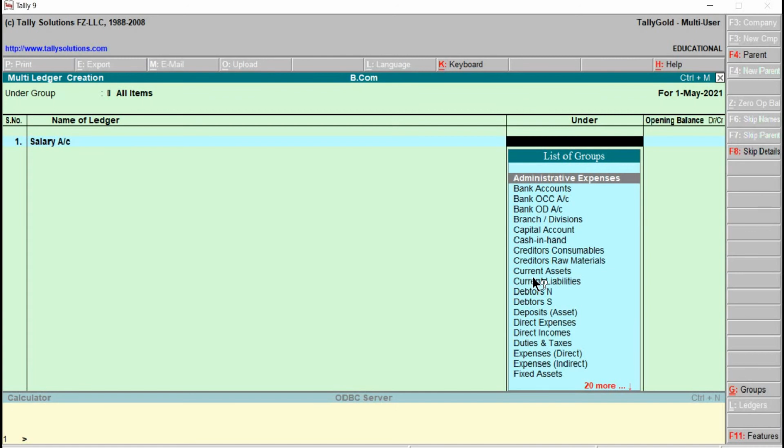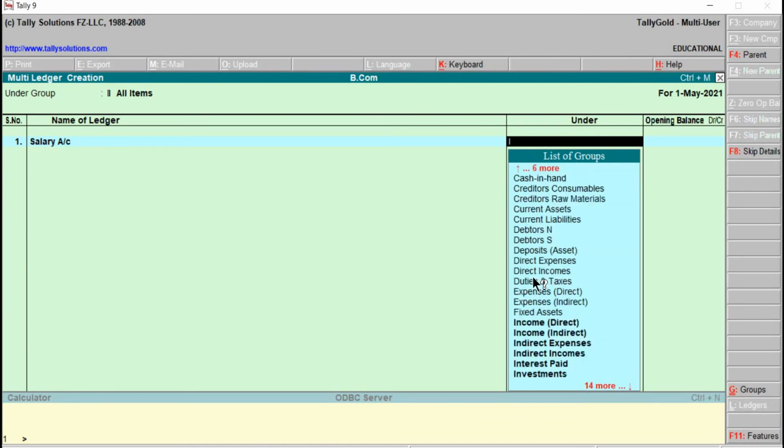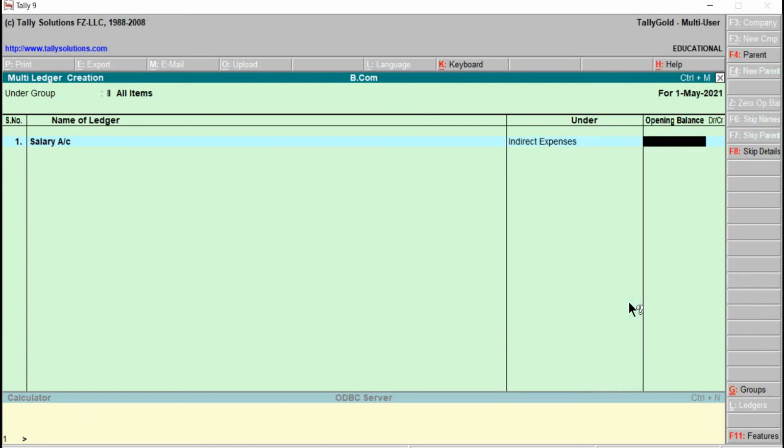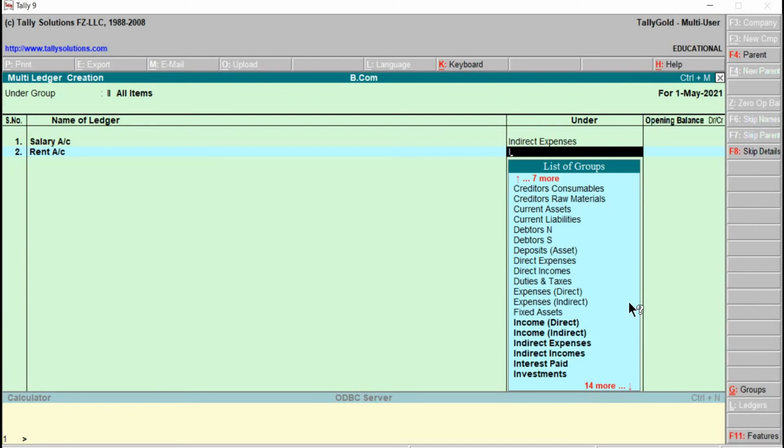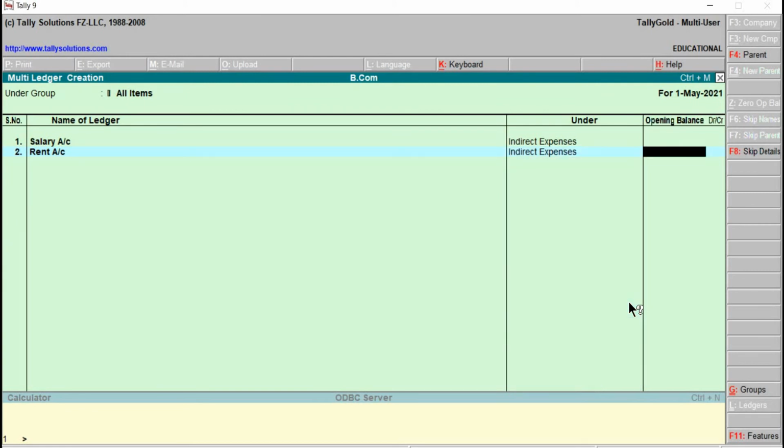I just press I, the starting letter, down arrow key, indirect expenses. No opening balance. I just take the next one, rent account, which has to be paid, also under indirect expenses.